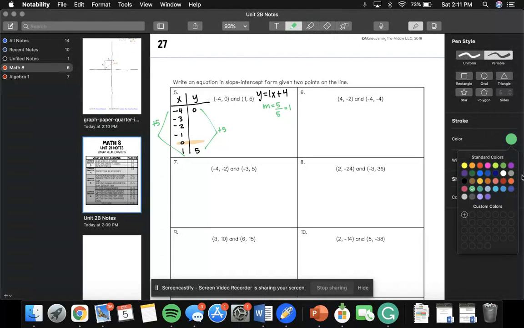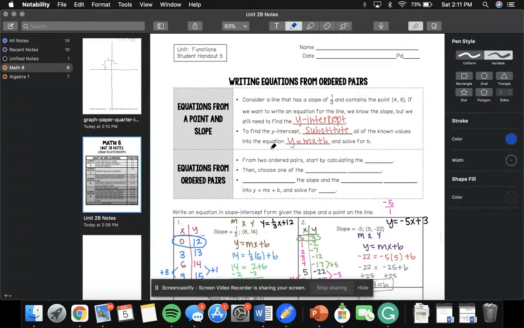Okay, so instead of going up 5, we could go at a simpler rate of up 1 and up 1. Okay, so 0 plus 1, plus 1, plus 1, plus 1, plus 1. So we can see that it crosses at (0, 4). Okay. Now, another way that we could do this, a more algebraic way, would be to follow these steps right